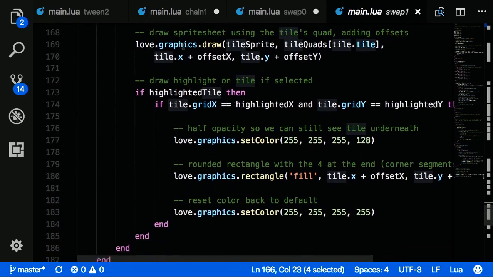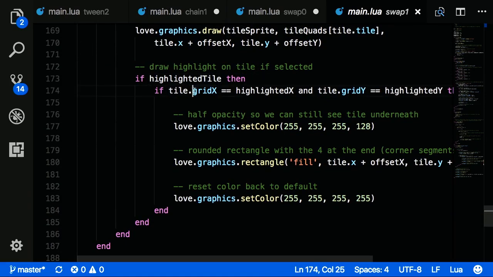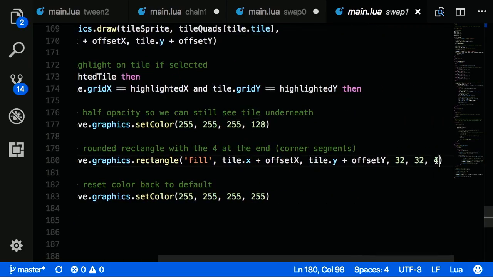And if we do have a highlighted tile, and that tile's grid x, notice we now have a new variable called grid x as opposed to its regular x, so that we can check for these sorts of things to see where it is in the array. If its grid x is equal to whatever we've set highlighted x to, and grid y is equal to highlighted y, then set color, love.graphics.setColor, half transparency,